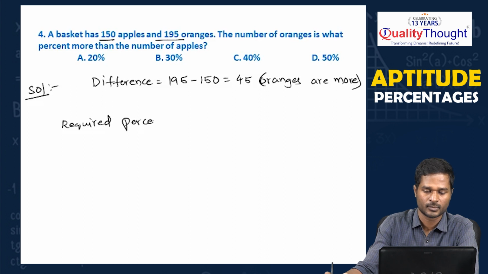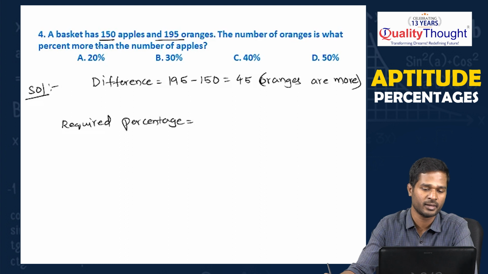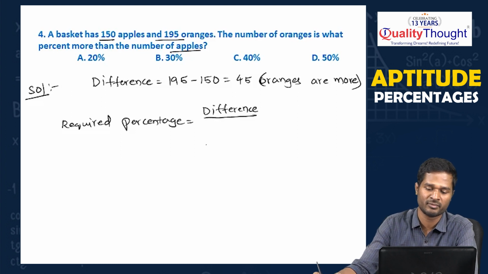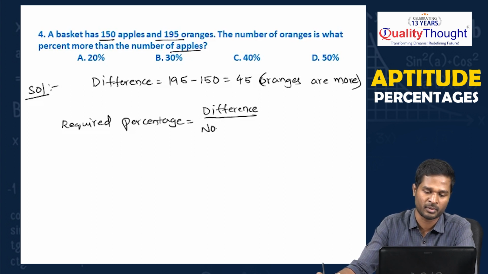is, see the question carefully, what he is saying. He is comparing the number of oranges with the apples. So, always with what he is comparing, write that value in the denominator. See the difference between the fruits divided by what? With what he is comparing, he is comparing with the apples. So, number of apples